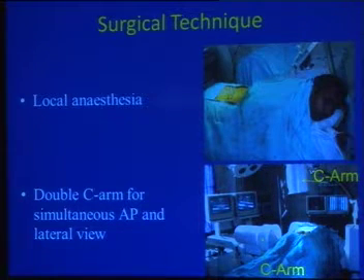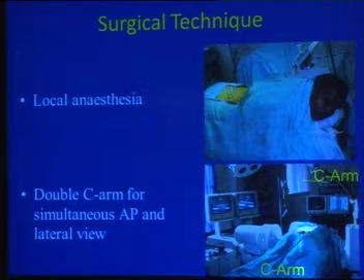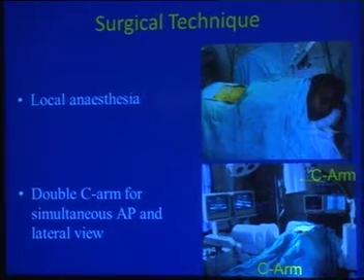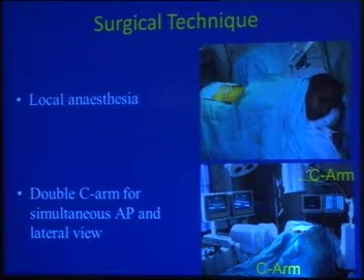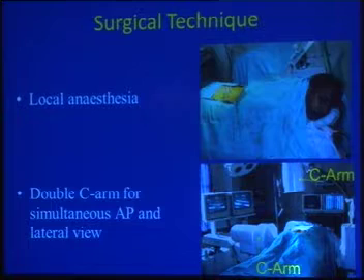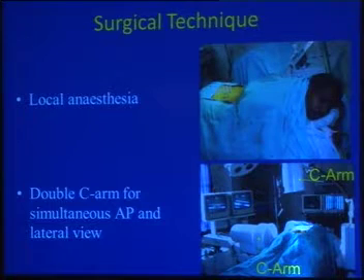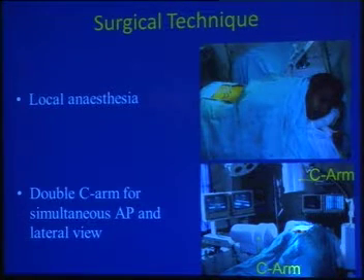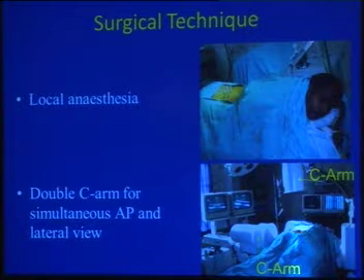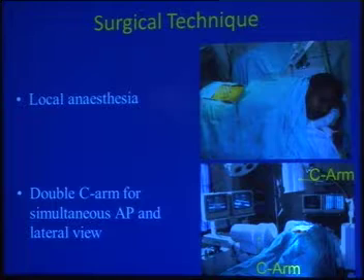We use a double C-arm in our OR for simultaneous AP and lateral view. This is very important, because with every rotation of the pin, you should check the direction of the pin track, whether it is in the center of the pedicle or not. If you have one C-arm, every time you will be rotating, and after some time you will get tired and you will think, no, I am going in the right direction, so let's do it without C-arm. And that is the time when you make a mistake. Because in spinal surgeries, even a 1 or 2 millimeter track change can lead to a disaster. So it's always good to have a double C-arm. It will shorten your duration and it's very convenient. As in the picture you can see, there's a C-arm for the AP view and simultaneously a C-arm for the lateral view.